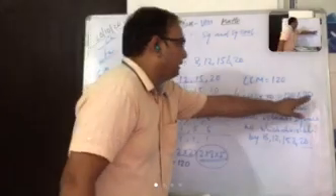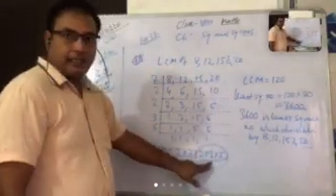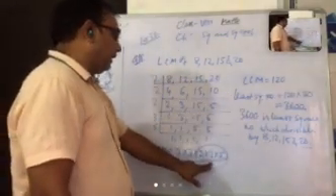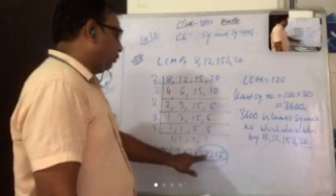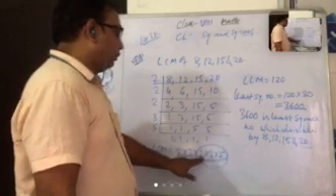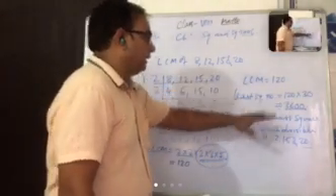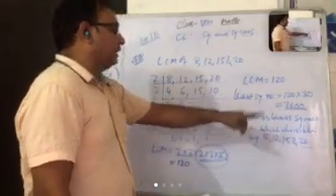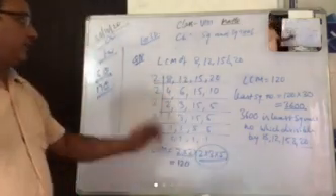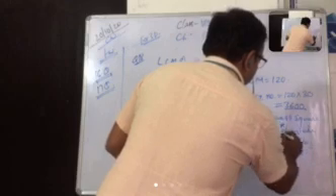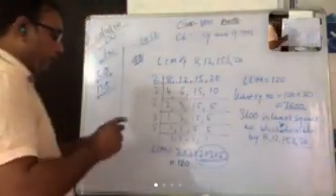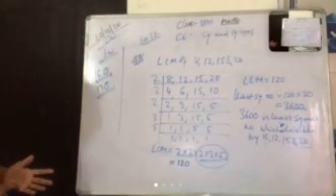ये 30 कहाँ से आया? वो यहाँ से आया. ये LCM का जो रेस्ट है उससे मल्टीप्लाई करके, जिसका पेयर नहीं बना. This is 2 times 3 times 5. So 2 3s are 6 and 5 6s are 30. And then it will be 3600. Now 3600 is the least square number which is divisible by 8, 12, 15 and 20 exactly. Clear?